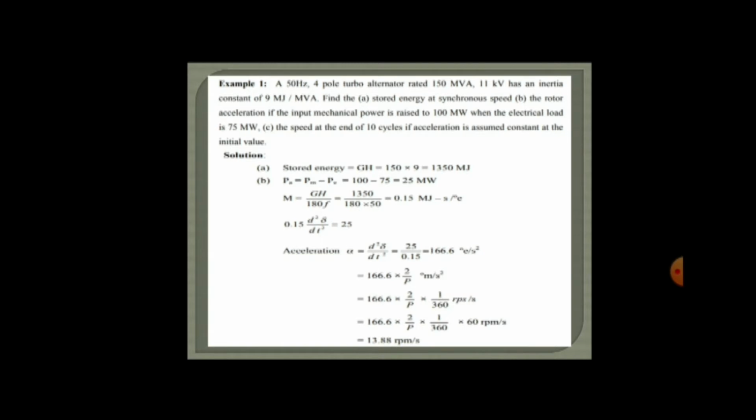megajoules second per electrical degree. So find this value. Okay, that is 0.15 megajoules second per electrical degree. So this you can substitute here, so 0.15